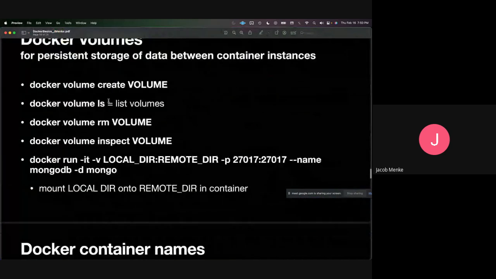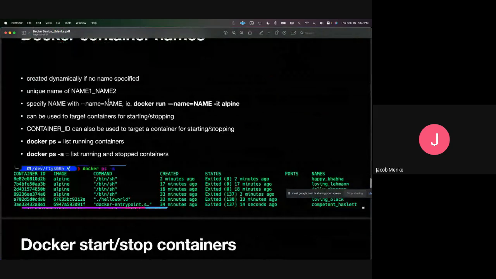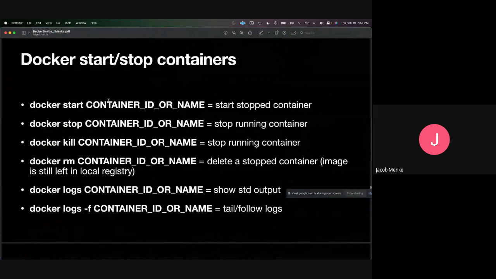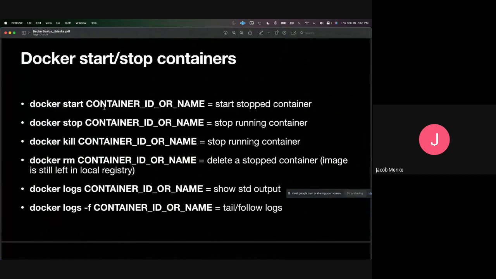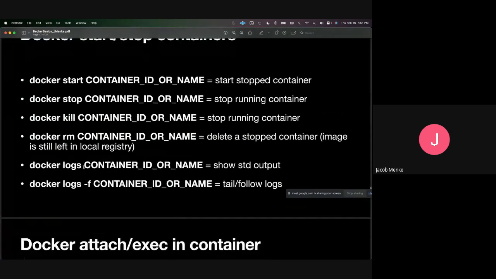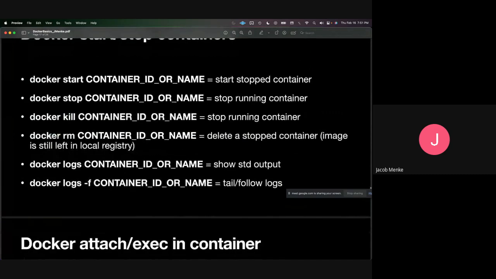All right, back to this. So the name is important and it has to be unique, all right? And so you can use that name for a whole bunch of things: for starting a stopped container, for stopping the container that's running, for killing a container, for deleting a stopped container, for showing the logs of a container, which is very similar to attach, but